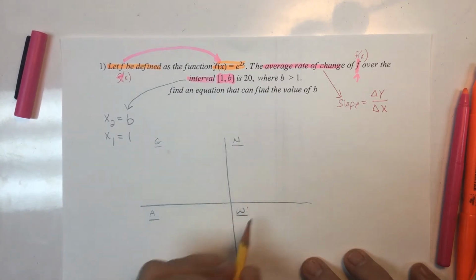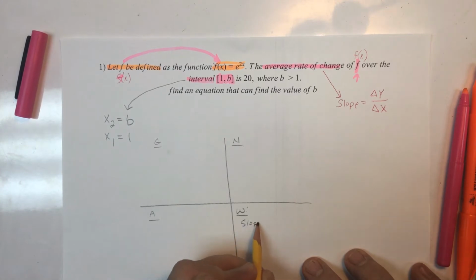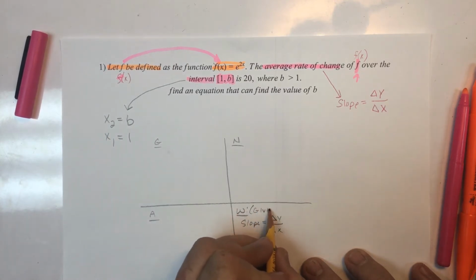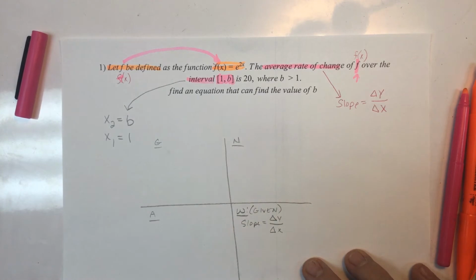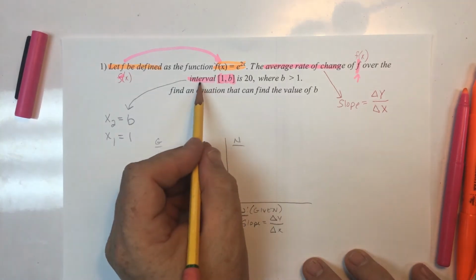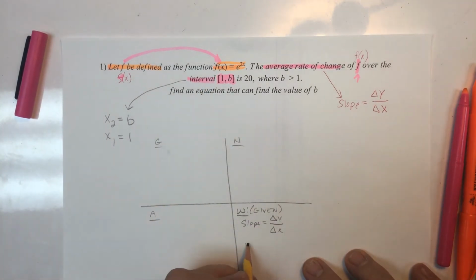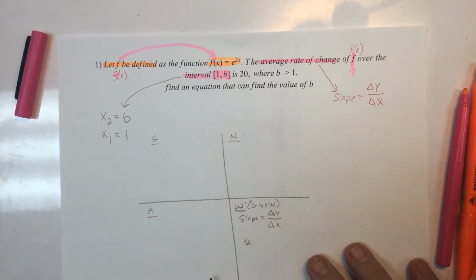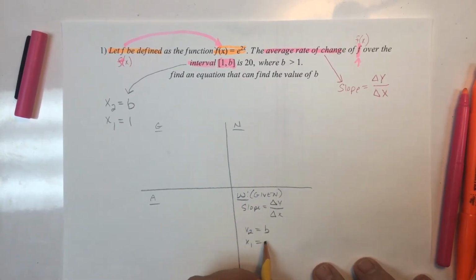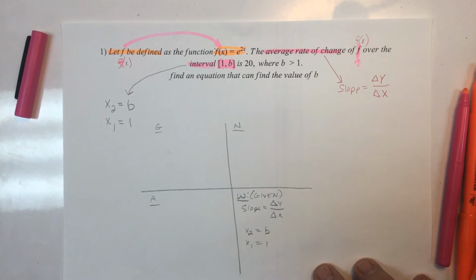So right now, I'm going to say, well, we may be dealing with slope. So this is change in y over change in x. And so what I've been starting to put here is it's words, but it's the given. What are they giving us? So they're giving us also in words the interval, which tells us that x2 is equal to b and x1 is equal to 1. All right,